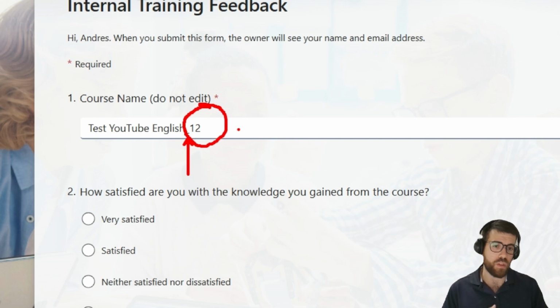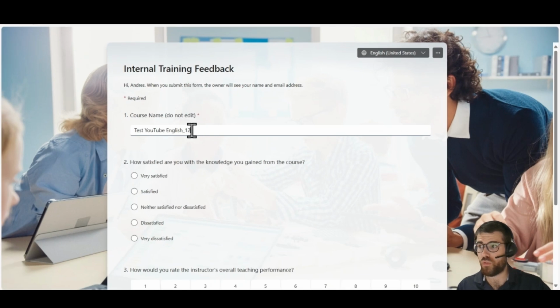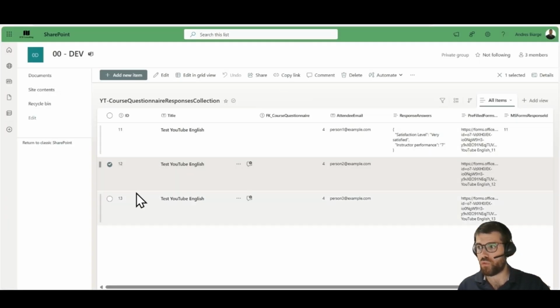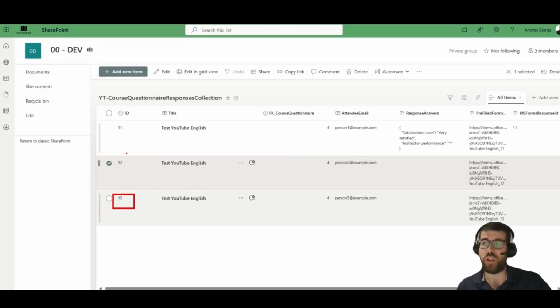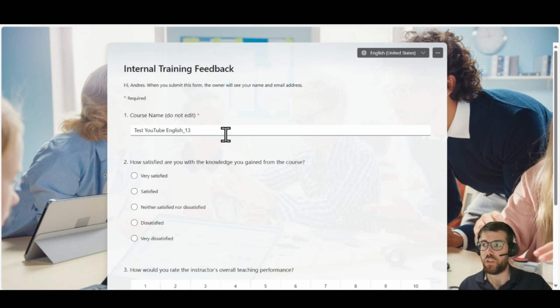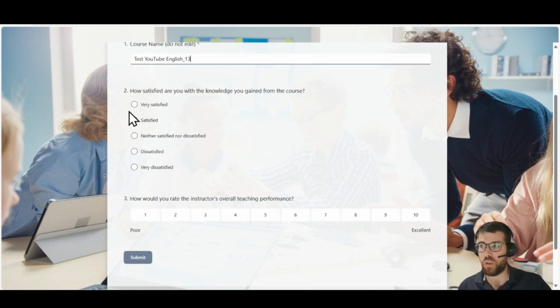And well, if you could at least lock the field, because let's imagine that the user is going to see this information, but if they could at least not edit it, great. But for example, if I change here to a 13, this actually corresponds to this particular record in the SharePoint list. So if I knew what I was doing, I could be changing this,